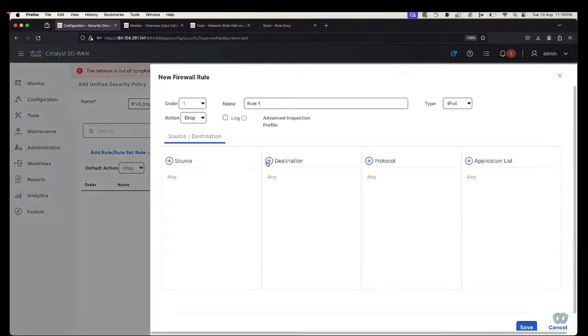Under that, click on add rule and give the rule name here. For example, let's say inspect IPv6 traffic. What is the type? You have the options IPv4 and IPv6. You can select IPv6 here. What action do you want? Let's say I want to inspect, so you can select inspect. If you want to get the log as well on your log server,